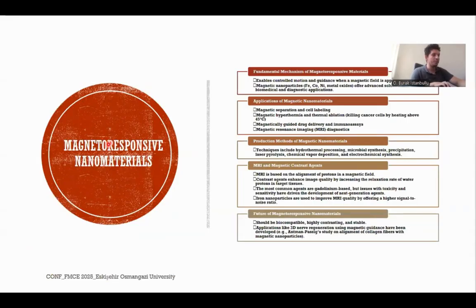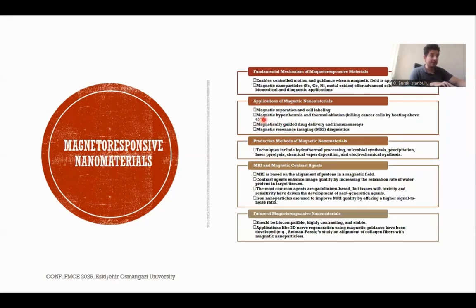Magnetoresponsive materials operate based on a fundamental mechanism. They can change their motion or orientation in response to an external magnetic field. This allows for remote control and precision guidance, making them highly useful in biomedical and diagnostic fields. Applications of magnetic nanomaterials